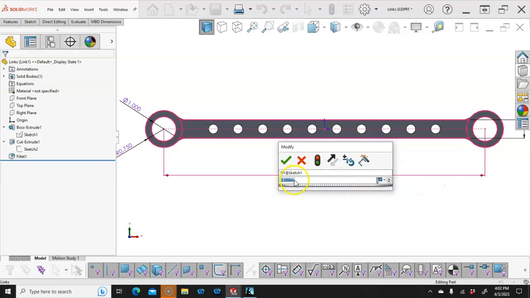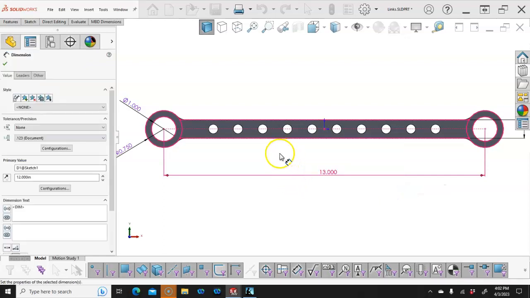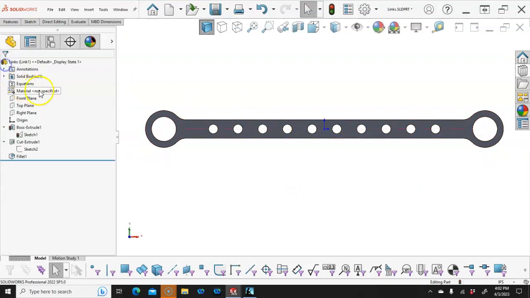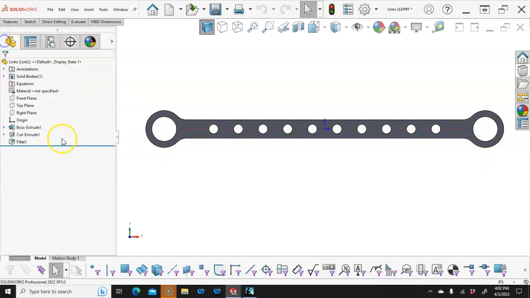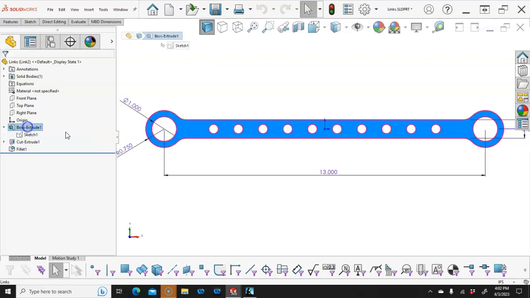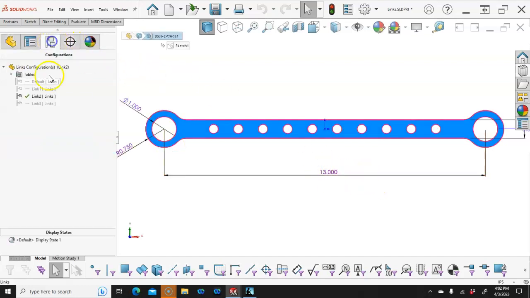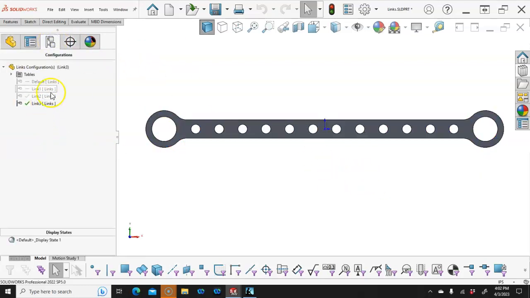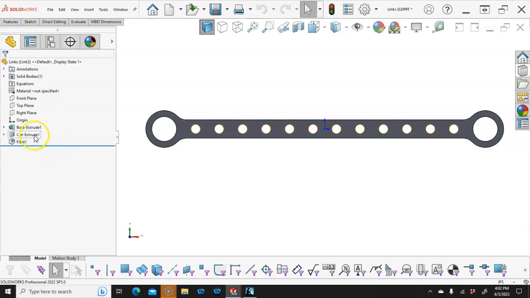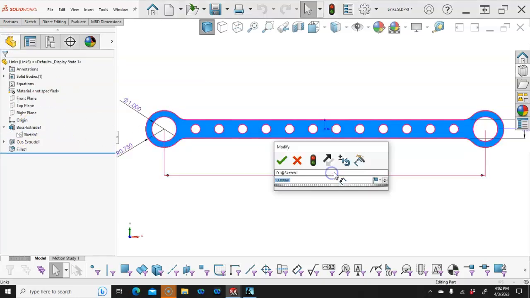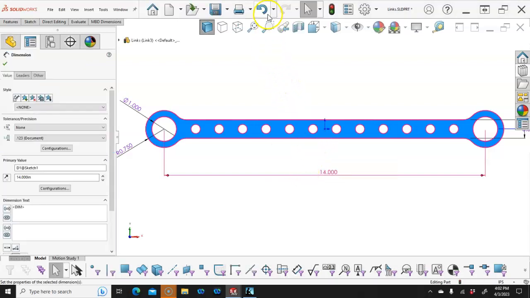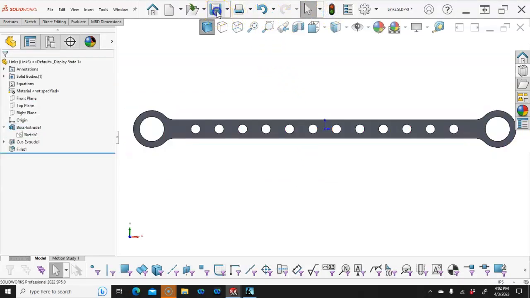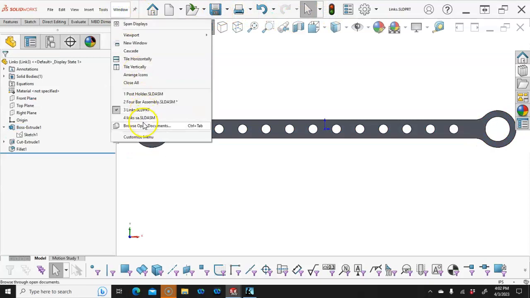This configuration 12, link 2, 13, and link 3. This configuration 14. Alright, so we rebuild, we save, we go back into the assembly,